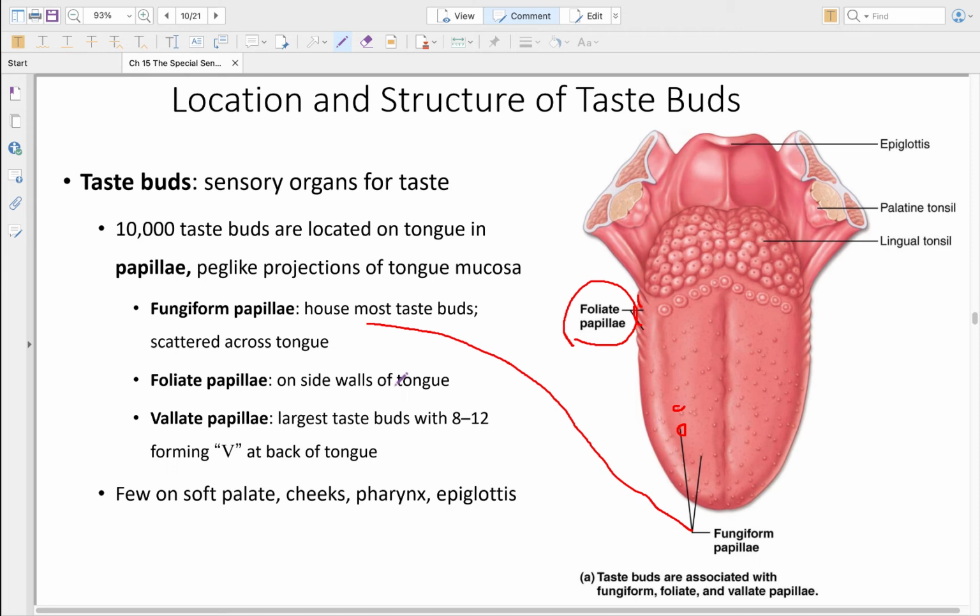And then we have our largest taste buds making a V in the back of the tongue right here. See that V? That is the vallate papilla. Now we have some taste buds in our soft palate, our cheek, our epiglottis, which is right there. And ultimately they all work together to allow you to taste various